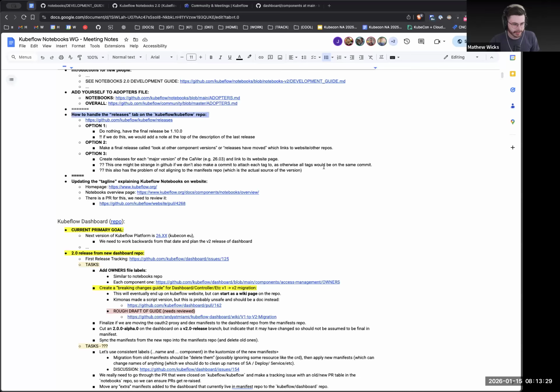Okay, so yeah, we do need to think about this. I'm going to skip over it for now, but we do need to think about what we're going to do with the Kubeflow repo now that it doesn't have any code living in it. I don't know if anyone had any more feelings since the last time we had this discussion around whether we should leave the final release as that, or whether we should make a fake release, or whether we should just make a calver release when we do that. Whenever the overall project releases one, it just still represents the major releases of Kubeflow overall.